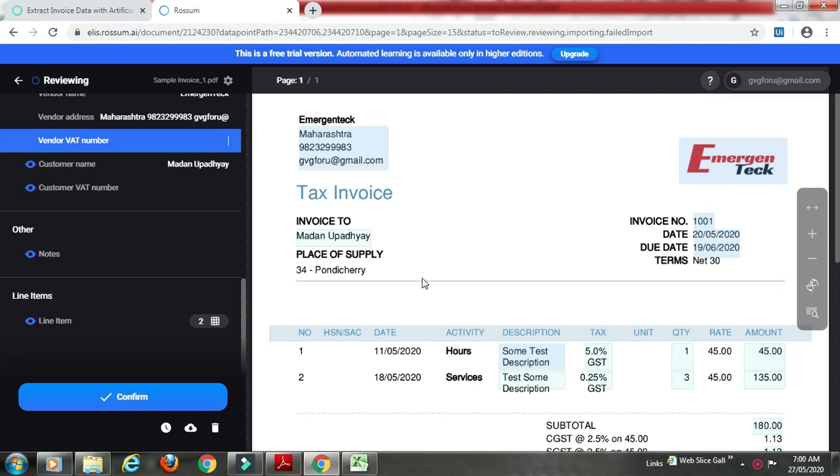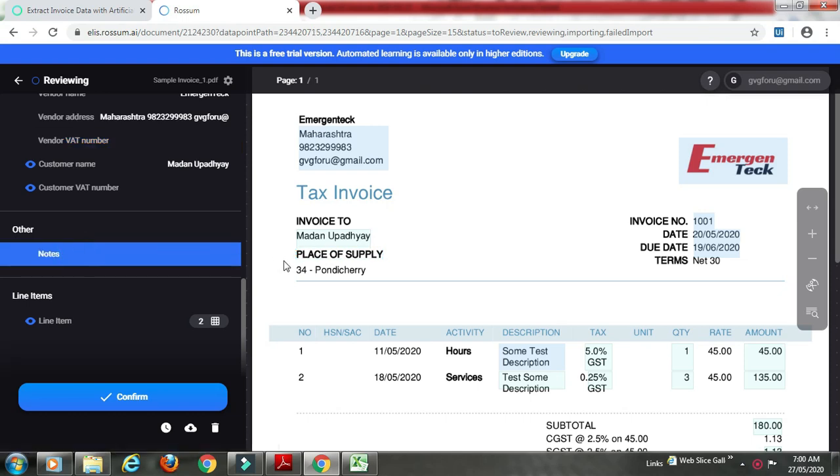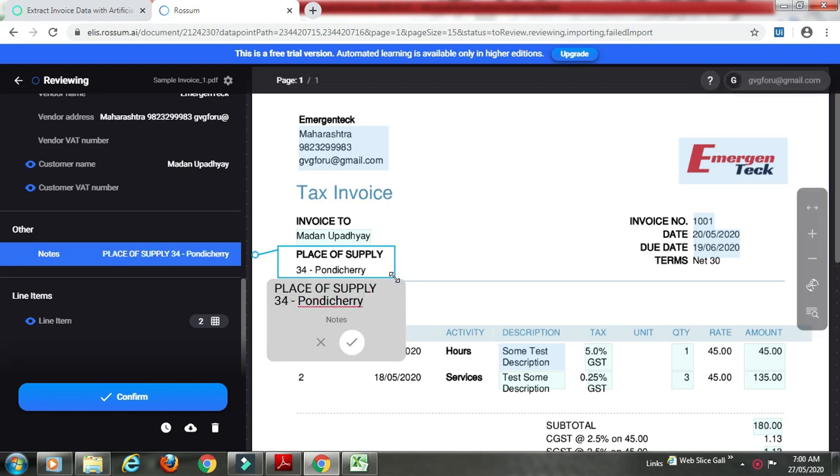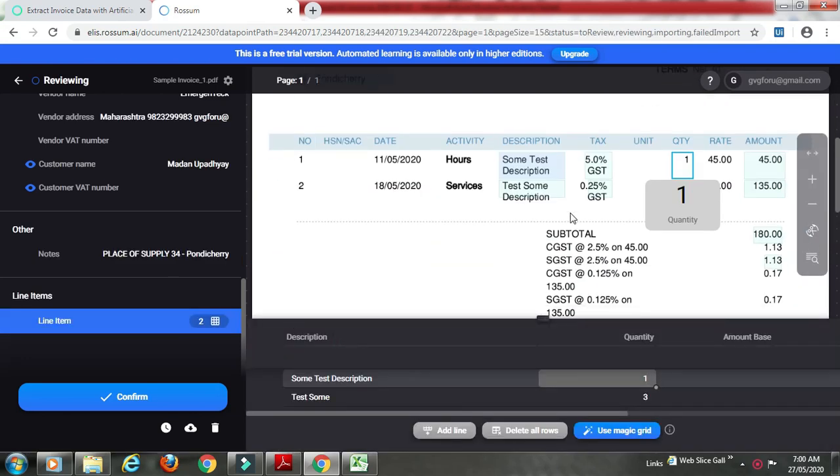Again, if I want to include the address of the buyer, I'll have to do it in the notes field because we do not have any corresponding field for it. So I'll just pick up this data and put it into the notes field. And that is it. Say confirm